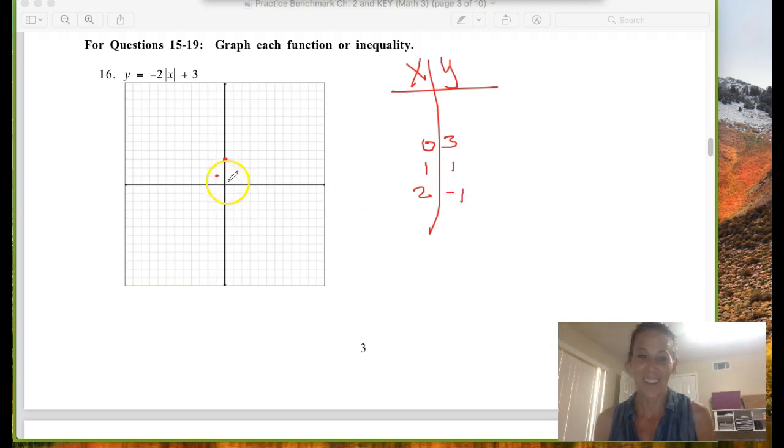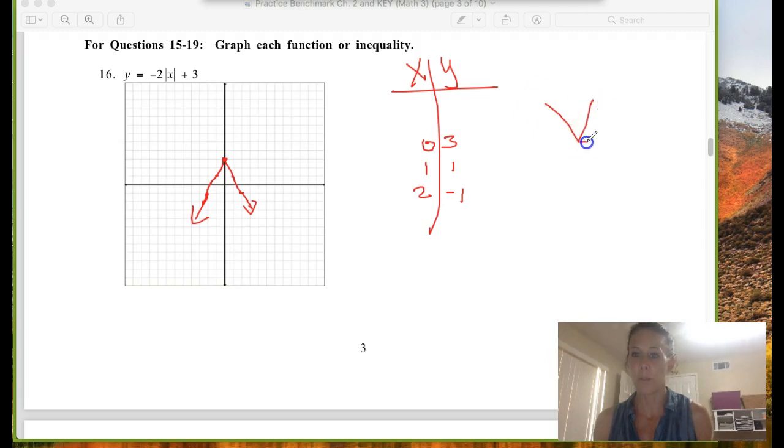Negative 1. I can do it. Over 2, down 1. And then symmetry, I do the same thing on the other side. So this is what my graph should look like. Now, if you didn't plot any points, you would note a graph like this because normally with an absolute value